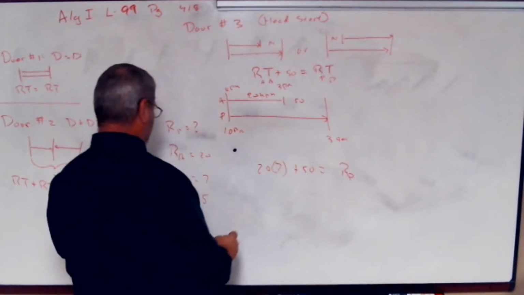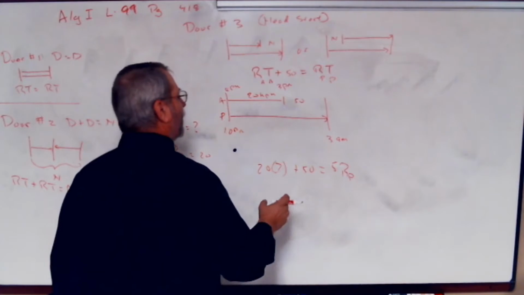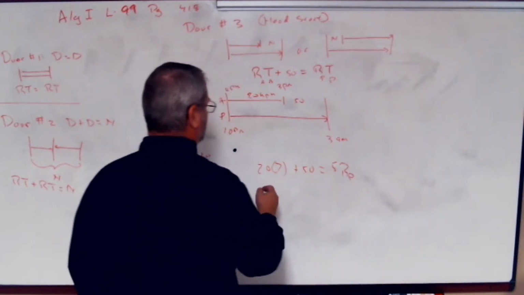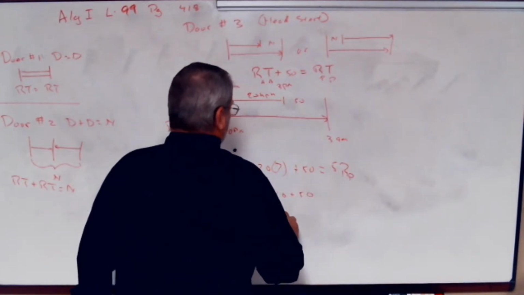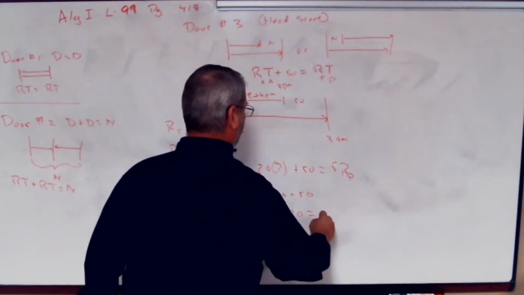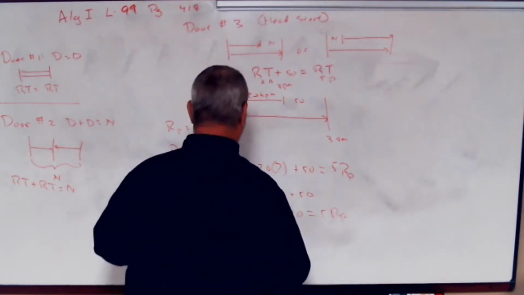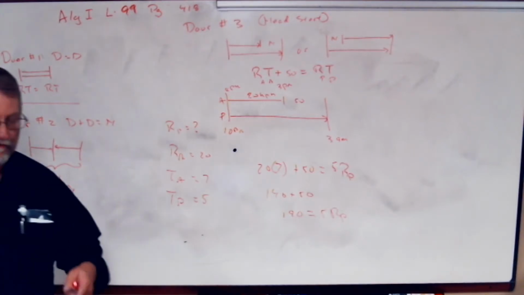RP and TP is 5, 5 toilet paper. So let's just solve this thing. 20 times 7, 7 times 2 is 140, plus 50. It's probably about 190 equals 5RP. And because y'all are smart and wonderful and famous and all that stuff, and you have your calculators,